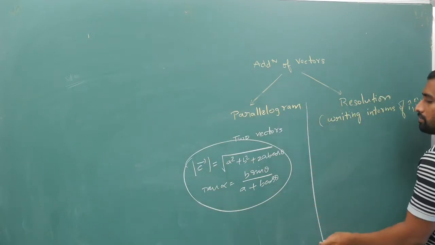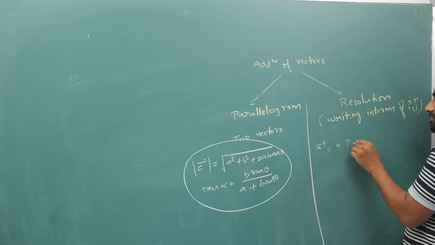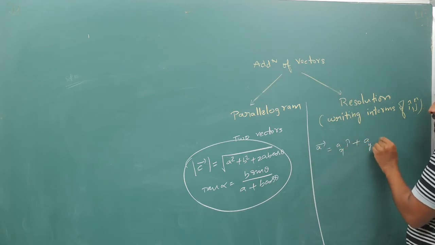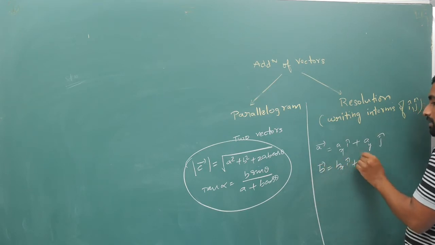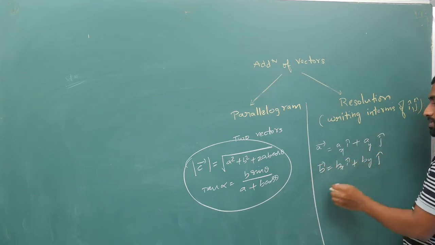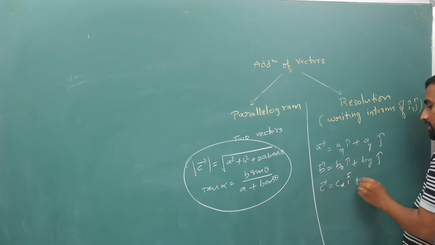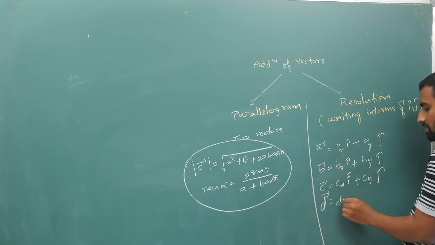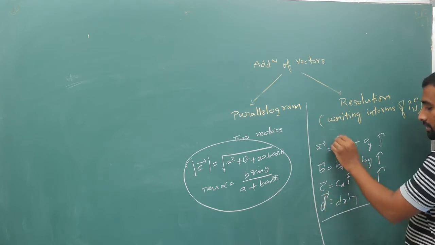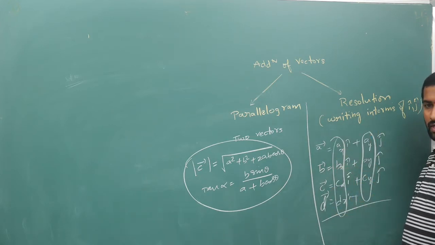Now if you have more than two vectors, you have to write first vector in terms of i cap and j cap like this, and second vector in terms of i cap and j cap. If you don't know this, please do refer to my vectors video. So this will become some x component i cap plus y component j cap. Vector d bar is equal to some dx i cap like this, and then add all the corresponding x components, add all the corresponding y components.